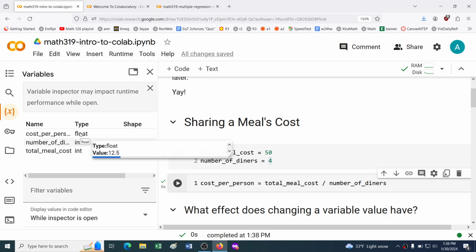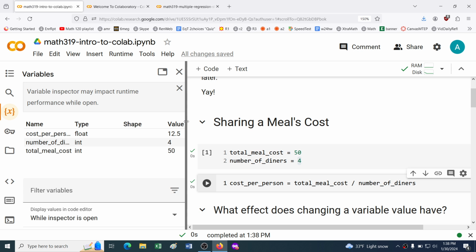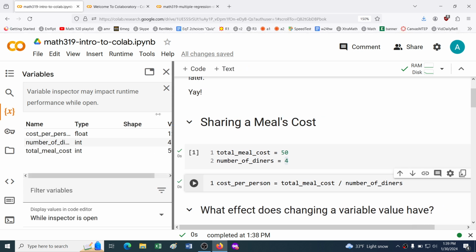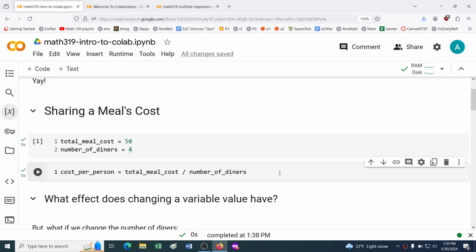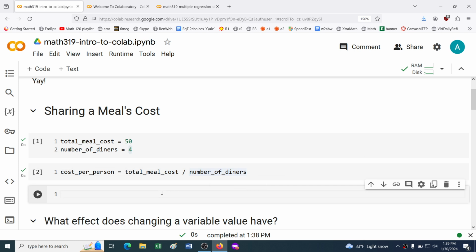If I hover over them, it'll show me the value, but I can also drag this bar to show more values, show more space, or I can use this little scroll bar. So that's a handy tool. The variable inspector, like it says, can slow things down, so I usually keep it closed when I don't need it. If I want to actually have it print the output here, I can add a code cell and say